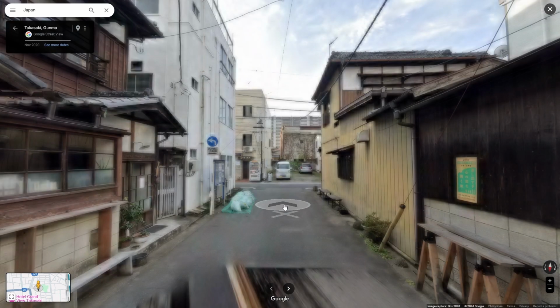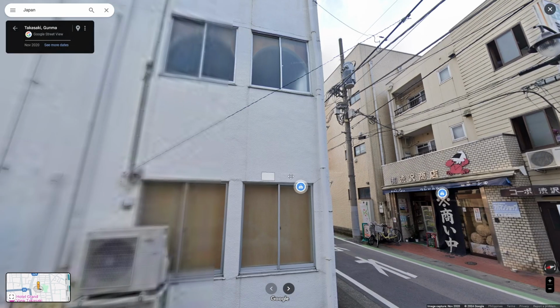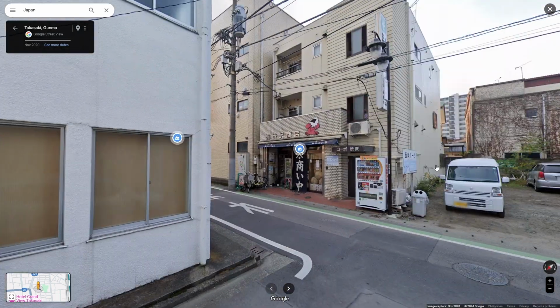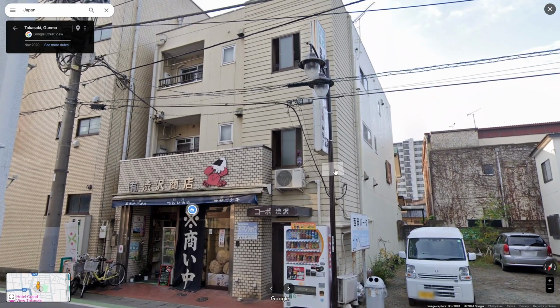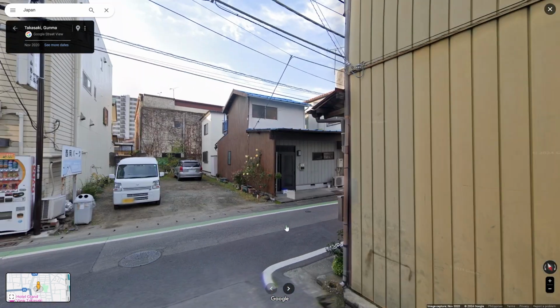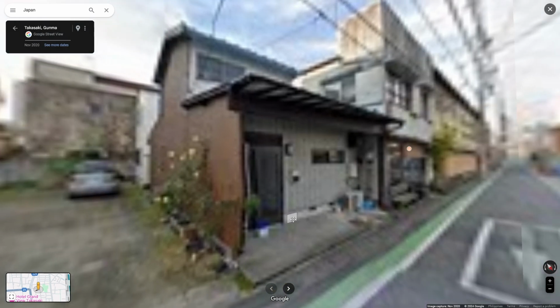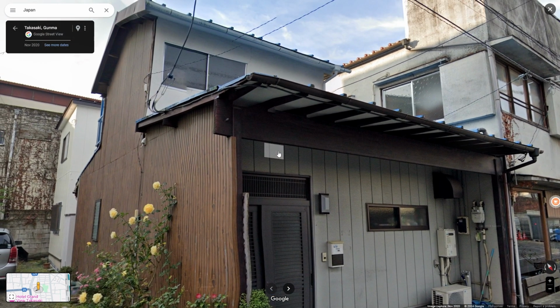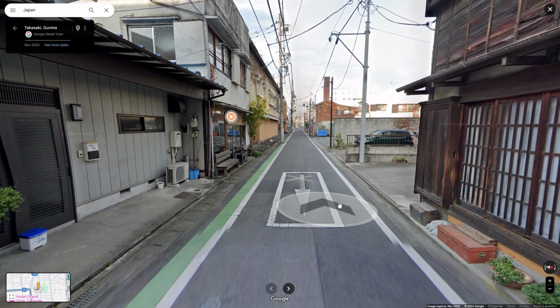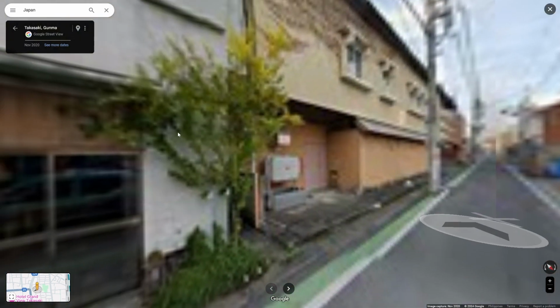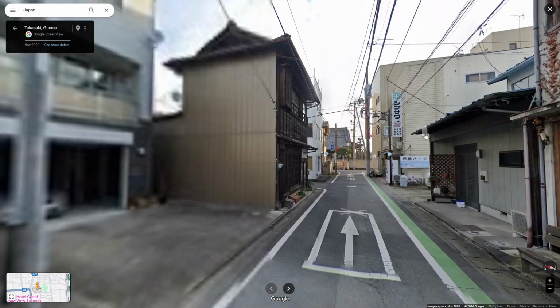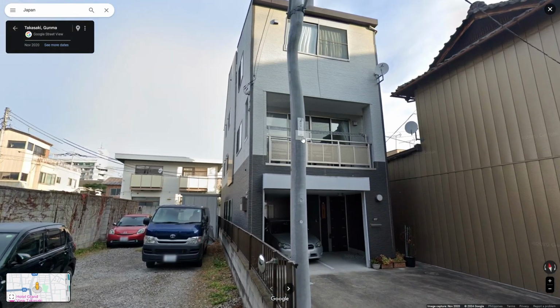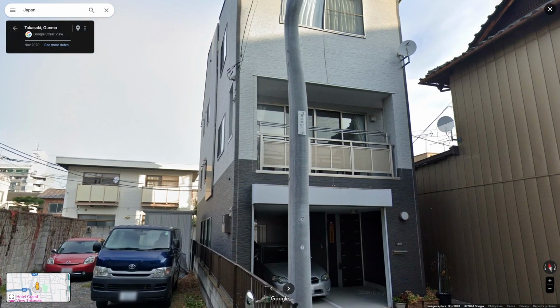I'm looking for a structure with a very simple shape and details to avoid overwhelming you with a lot of steps and techniques. There are a lot of things that SketchUp can do, but I'm going to focus on the essential tools that we're gonna use regularly. It's important to master the basics to help us start quickly, and we can learn some of the advanced techniques on another video. I think this house looks fine and simple, so I'm going to use this as our reference.